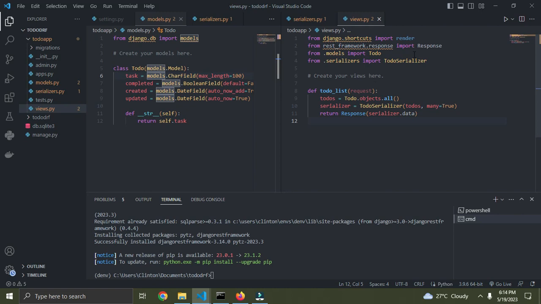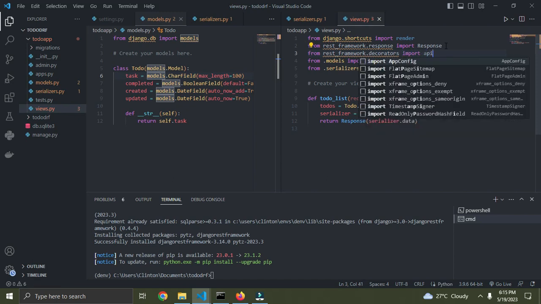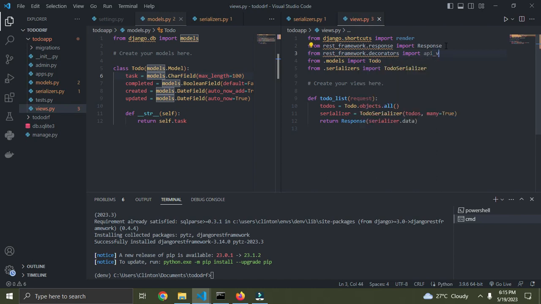So right now we need to also import a decorator that's going to give us that REST framework look. We need to import this decorator in a sense. The decorator is called api_view. So just say from rest_framework.decorators, we need to import api_view. So once you've done that, now just add that on top of your function. So say @api_view, but then we have to just put in